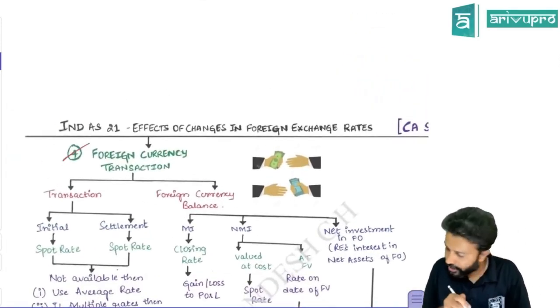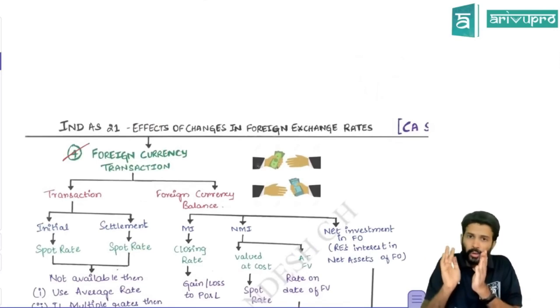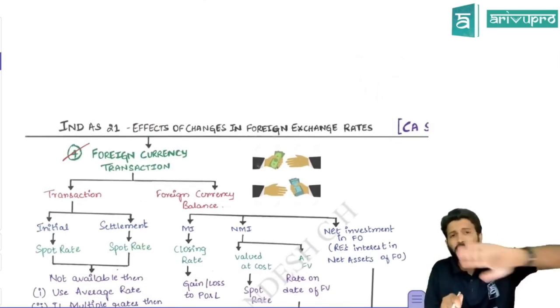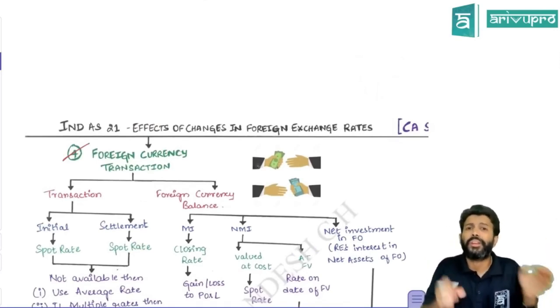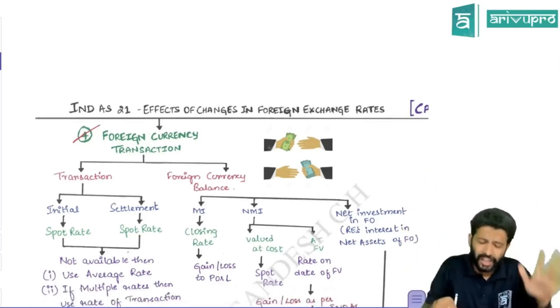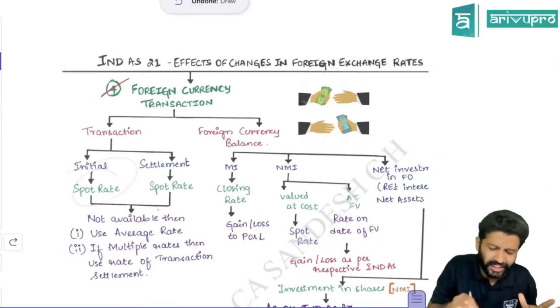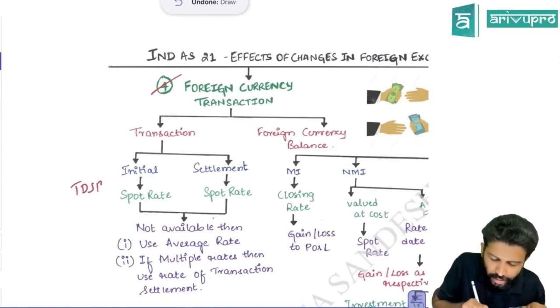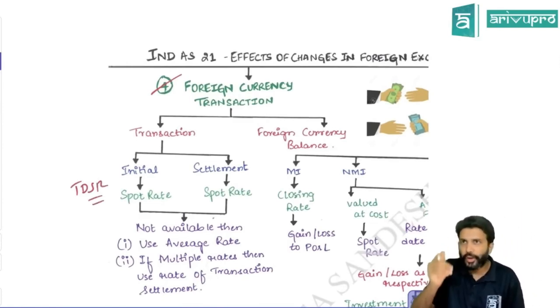Whenever you're doing a foreign currency transaction, the simple rule Ind AS 21 gives is whether it is a monetary item or a non-monetary item. For any foreign currency transaction, the initial accounting will always be at the transaction date's spot rate, TDSR, as we used to refer to it in our regular class. Yes. So if you have, let's say, taken a loan, which is a monetary item,